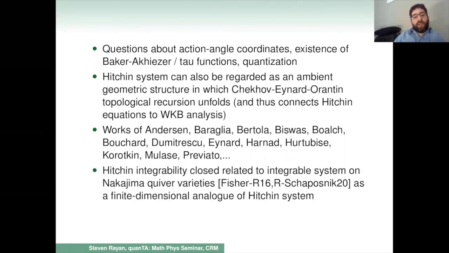And the question of the integrability of the Hitchin system, it's sort of been realized that it's closely related to other integrable systems that have appeared in mathematical physics, in particular the Nakajima quiver varieties. So this is sort of work that's emerged, myself and others, Jonathan Fisher and Laura Shaposnik, in a sort of emerging series of papers. What's good about this is that a quiver is a directed graph, and due to